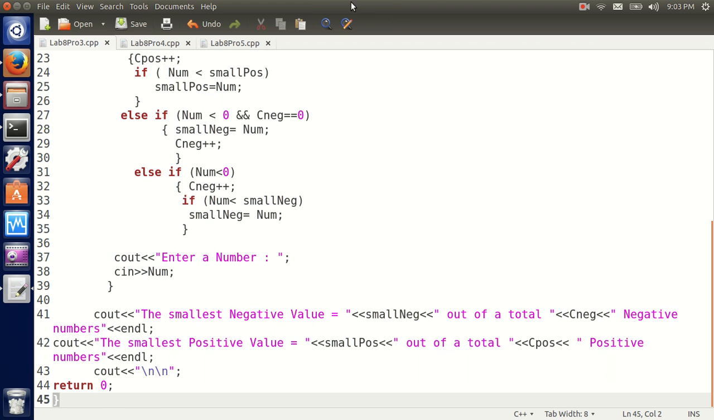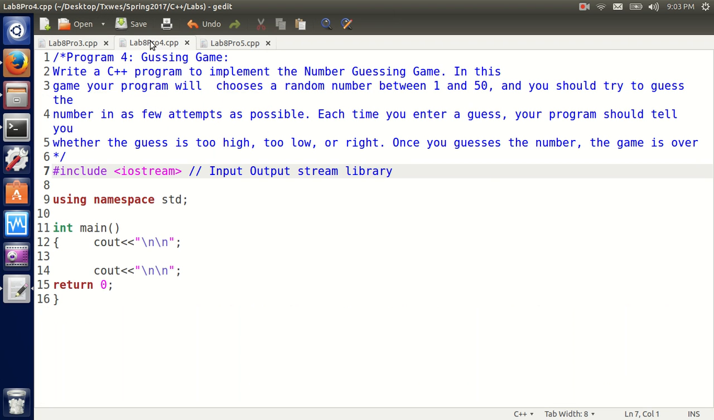Now let's see program 8.4. Implement the number guessing game. In this game, your program will choose a random number between 1 and 50, and you should try to guess the number in as few attempts as possible. So here I'm going to do